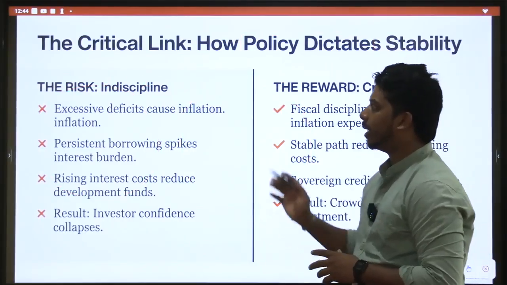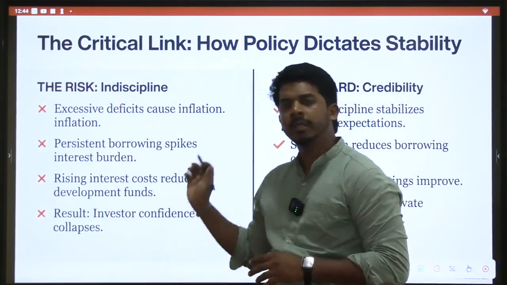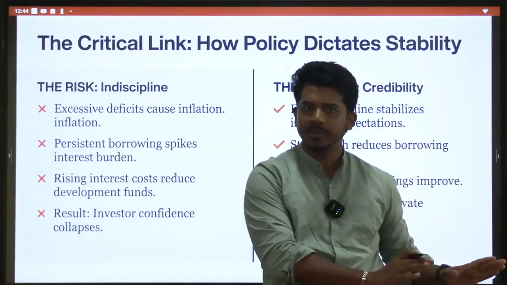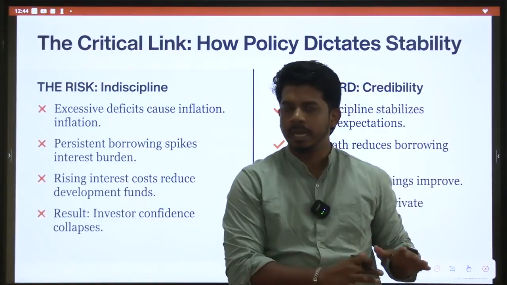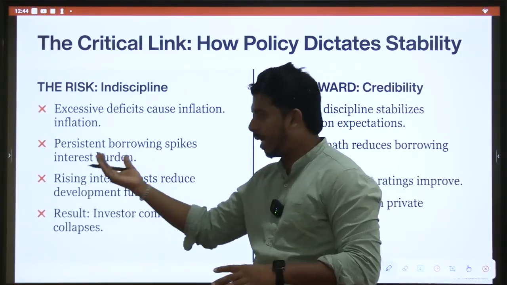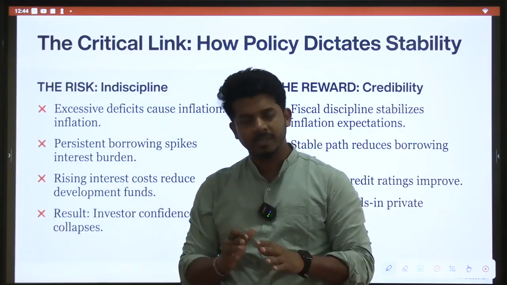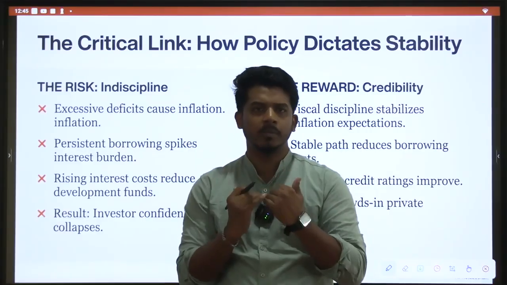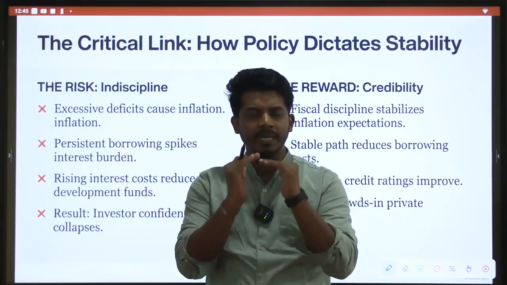So, you see here, countries need to be very disciplined. They need to spend only wherever required. Otherwise, they will go into deficit. They need to borrow a higher amount, and we already know high borrowing is not good. So they need to earn more. They need to spend less. They need to borrow a very small, reasonable amount. So fiscal deficit should be reasonable.